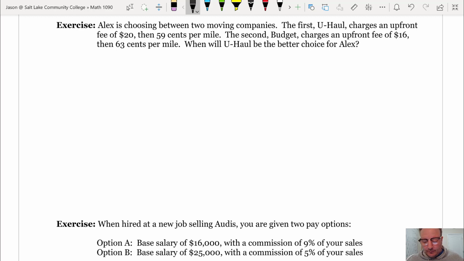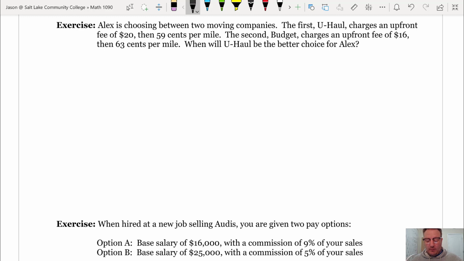So we have, it looks like cost functions, right? There's a fixed cost for each rental, and there's a variable cost based upon miles that you drive. So let's create two cost functions, and clearly both cost functions are going to be increasing functions. The more miles you drive, the more it will cost. But one's going to have a steeper slope than the other, and so at some point they'll cross, and at that point,